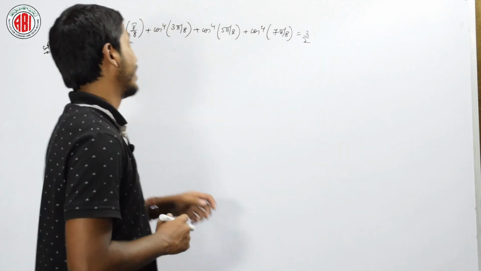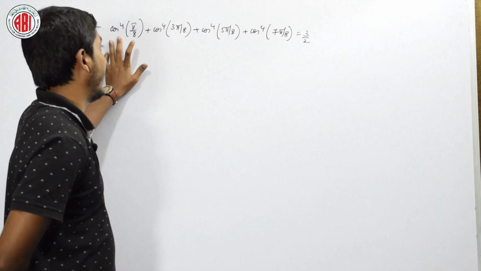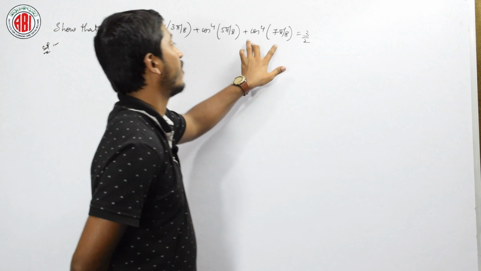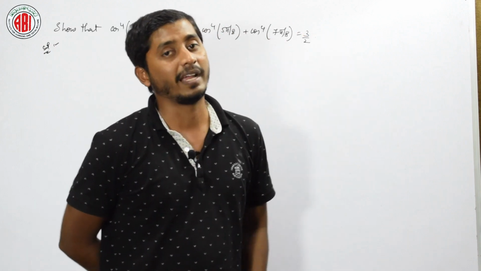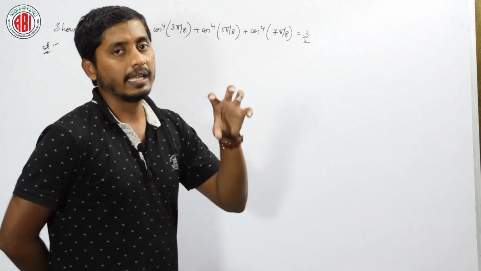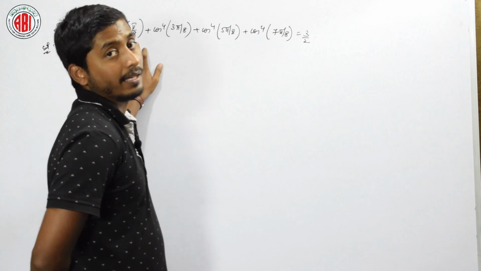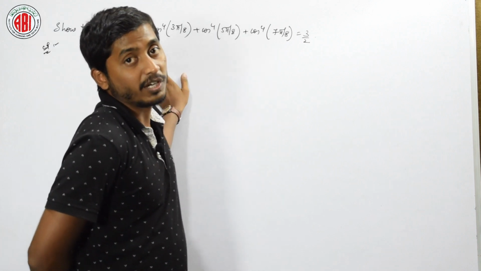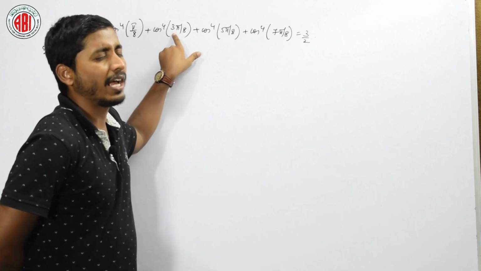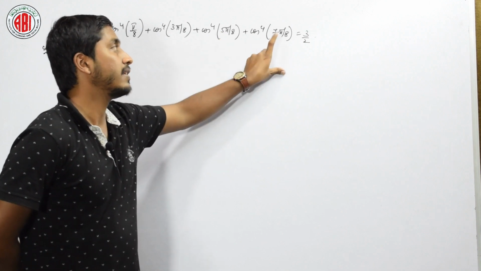See here, the question today is, he is asking us to show that cos power 4 pi by 8, plus cos power 4 3 pi by 8, plus cos power 4 5 pi by 8, plus cos power 4 7 pi by 8 equals 3 by 2. One thing we know is that we have to convert everything into a single term. If we observe, what is pi by 8? Pi is 180, pi by 4 is 45, so pi by 8 is 22 and a half. Here it is 22 and a half into 3, 22 and a half into 5, 22 and a half into 7.